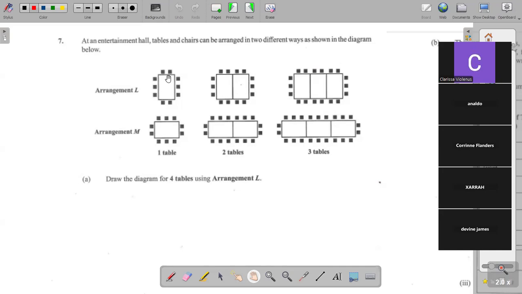If you look at it, you realize the first column is 1 table, 2 tables, 3 tables. So I want 4 using L. That means our tables should be vertical. Now I'm gonna do this smart. I'm gonna come across, let me see, black. I'm gonna come across